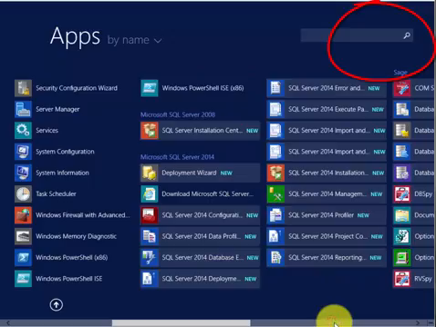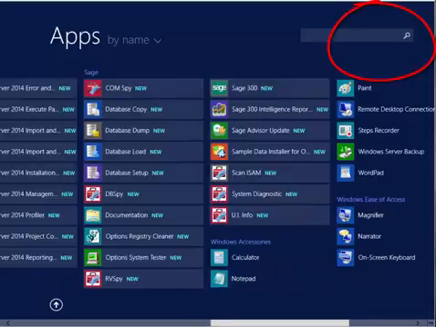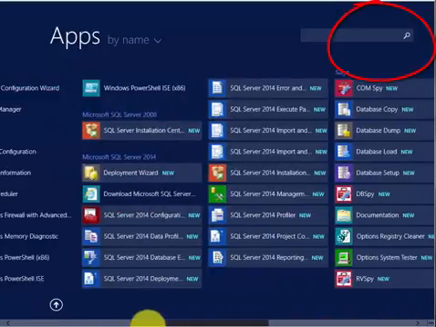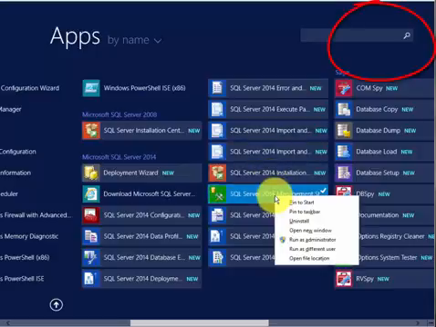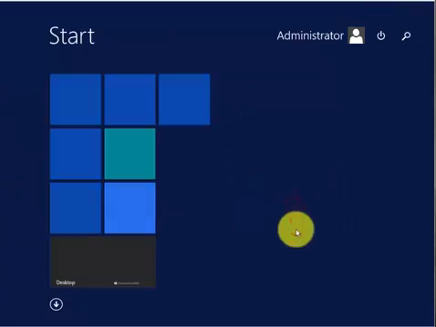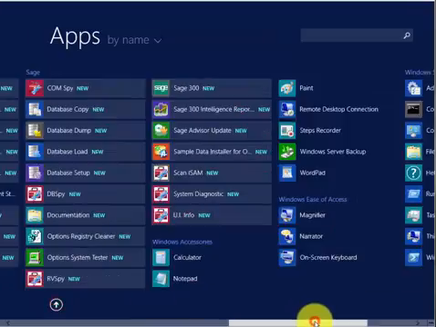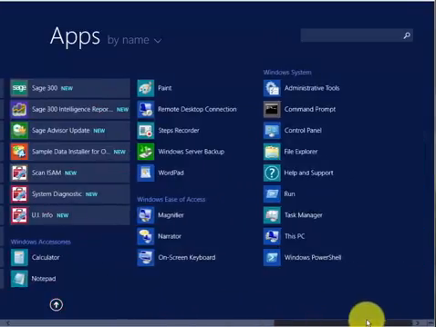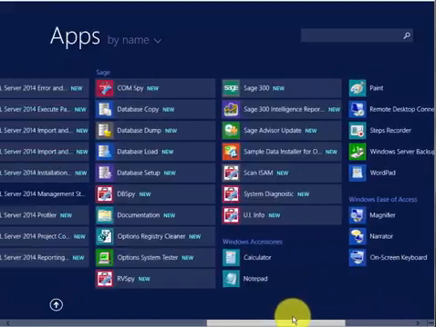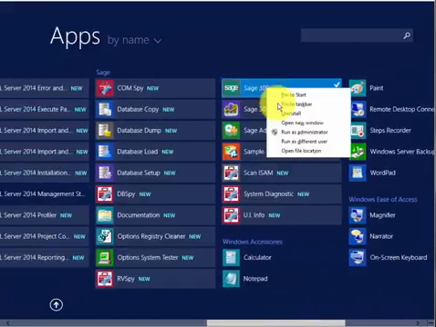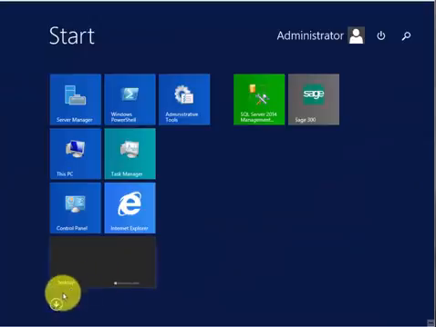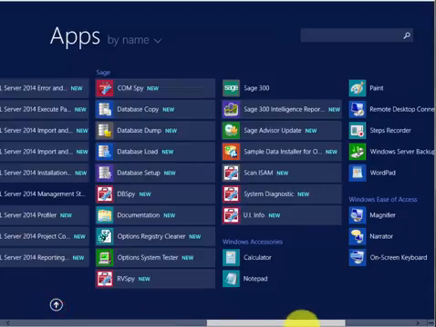You can always come over here and find the product that you want and right click it and pin it to the start menu. We're also going to need eventually the Sage 300 product, and we're going to need database load